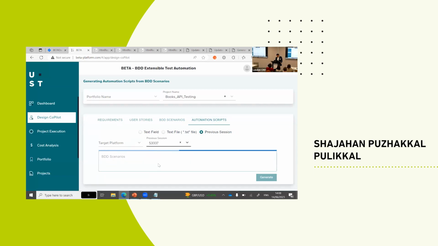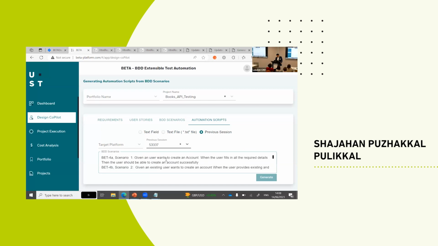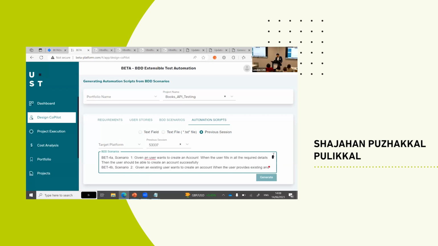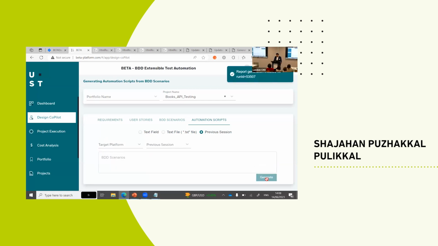So what was generated earlier from the previous run. So see what this is. Yeah, so this is something created over there, the previous BDD scenario generated. And we need to mention which platform we are going to utilize for the automation scripting. Based on that, it will be generated, and that will start preparing the automation script for the test scenarios which are identified and uploaded over here. So I'll show you a sample one here.